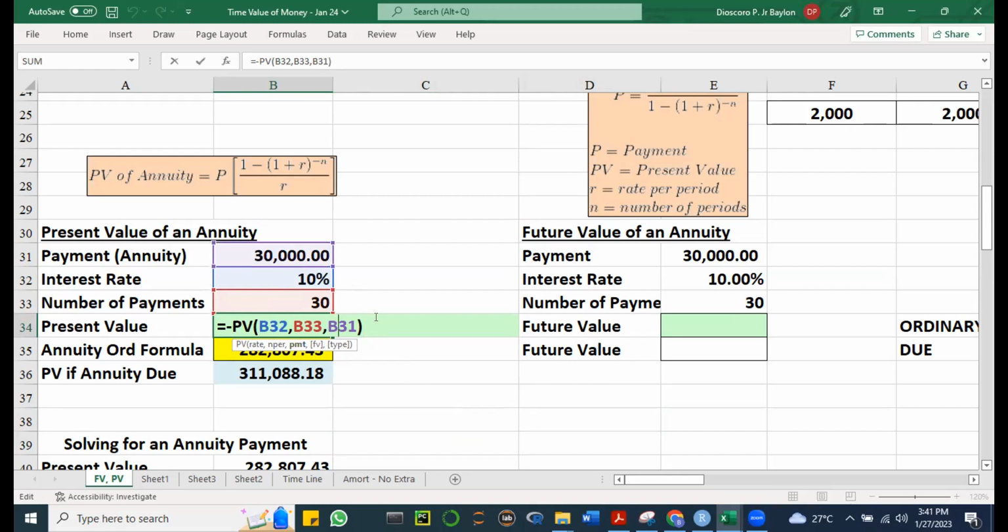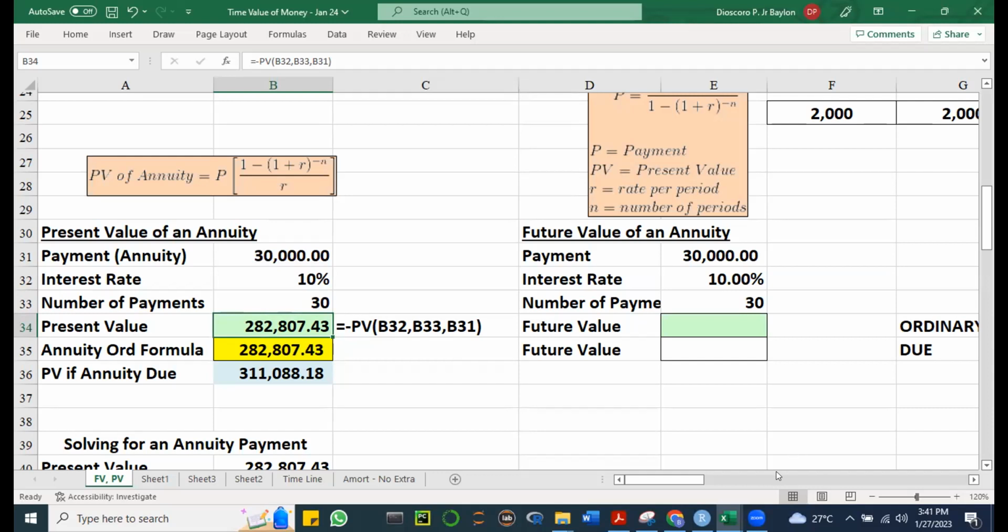There's no future value, and ignore the type because this is an annuity ordinary. So this is the formula using the PV function, for 30,000 for 30 years at 10%. Okay, the equivalent value of that is